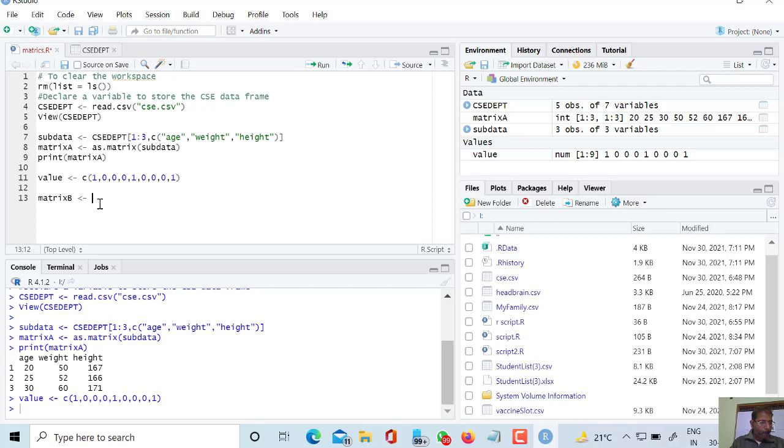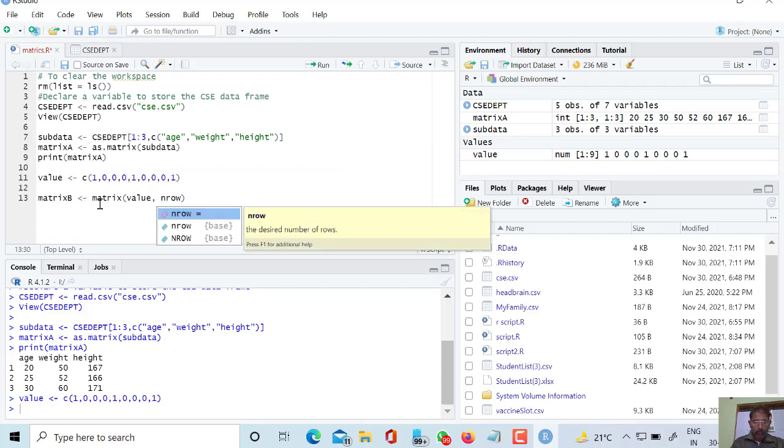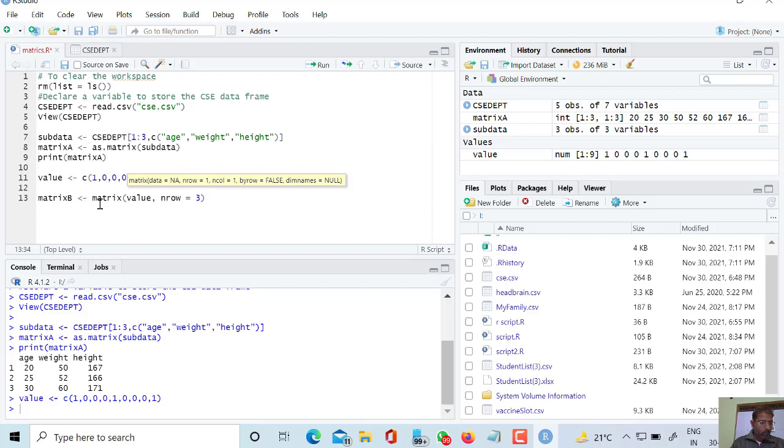The matrix values, with row equal to 3 and column equal to 3, and distribution is by row.